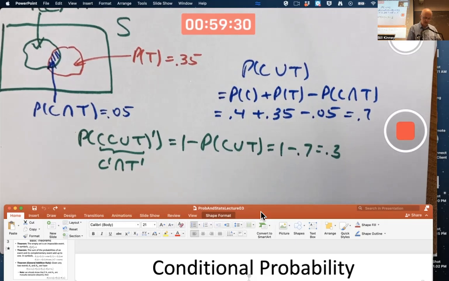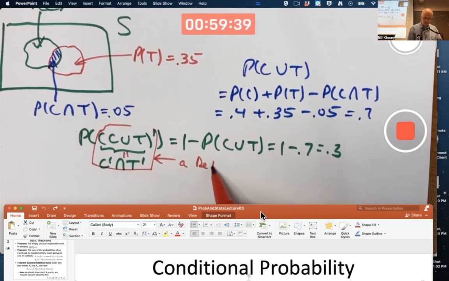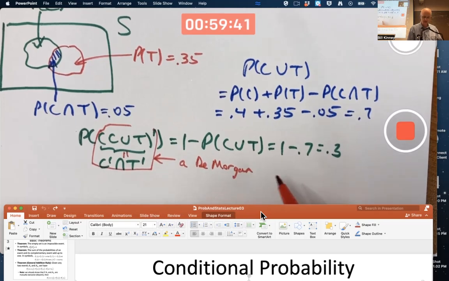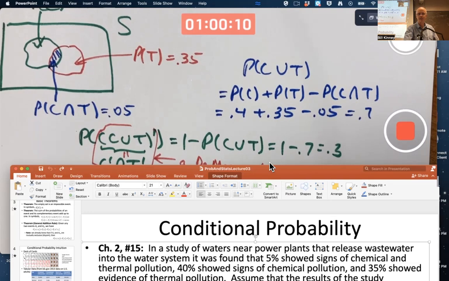The fact that these two things are equal has a name. It's called a De Morgan law, the equality between these. This is a De Morgan law after somebody named De Morgan. That's a sideways equal sign there. It's not an 11. It's a sideways equal sign. The intersection of the complements of two sets is the complement of the union. That's what it says. You can also switch around the roles of the union and intersection, and you get another De Morgan law. Coming back to the problem at hand, though,